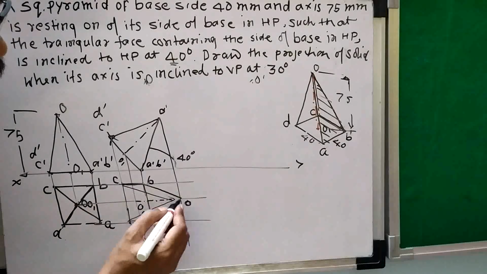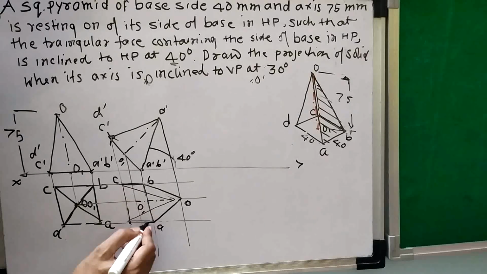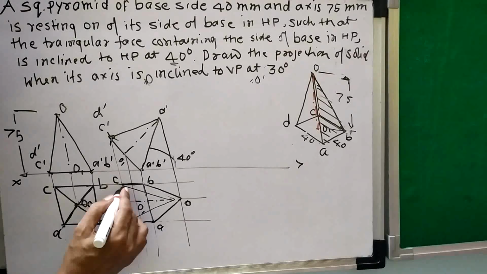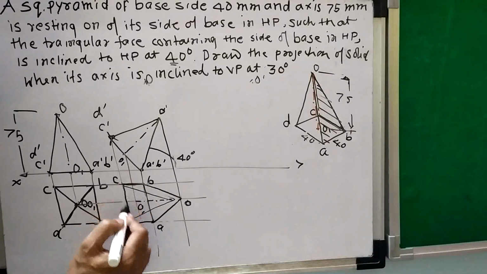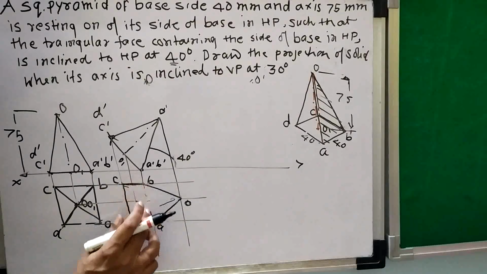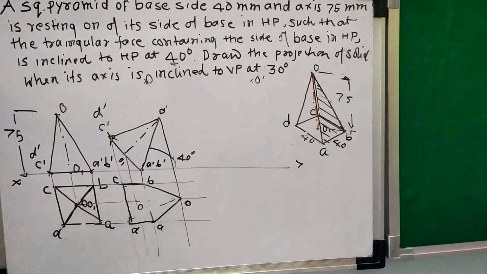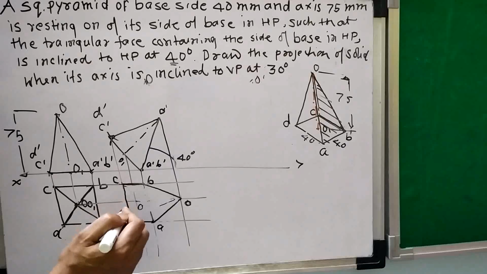Then this OA is a boundary line, so OA is dark. Then this AD is a boundary line, so AD is dark. And this CD is a boundary line, so CD is dark. So OA, OB, BC, CD and DA, these are the boundaries, these are dark. Now for the inner part, I have to decide which will be dotted or which will be dark. This is the boundary, so the boundary is always sharp and dark. For the inner parts, whether a part is hidden or observable, that will be decided by the position of the observer.